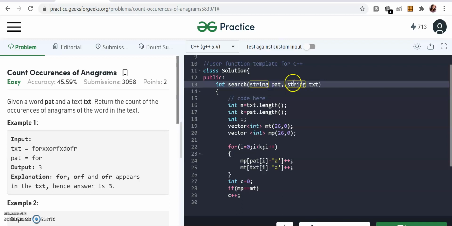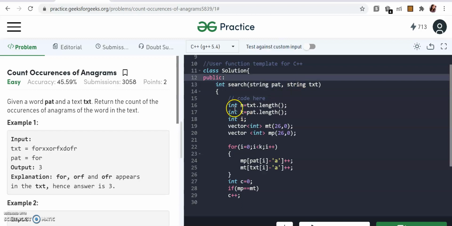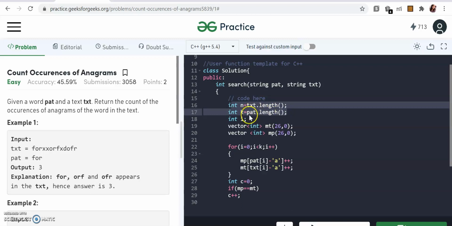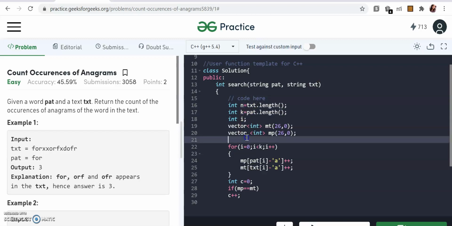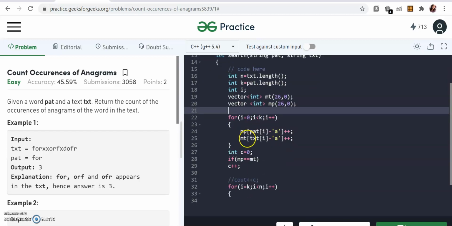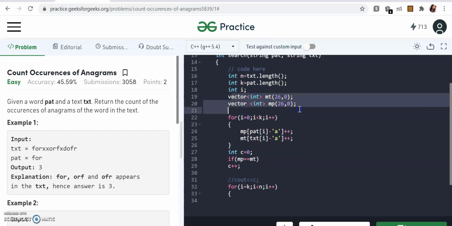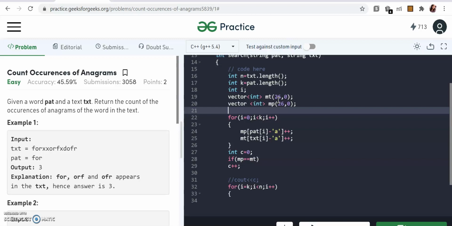So we are just passing these two strings. First, I'm going to find the length of these two things. So pat is the word which we need to find the anagram for, and text is the string. Now I have declared two empty vectors of size 26 because we have 26 characters, a to z, right?